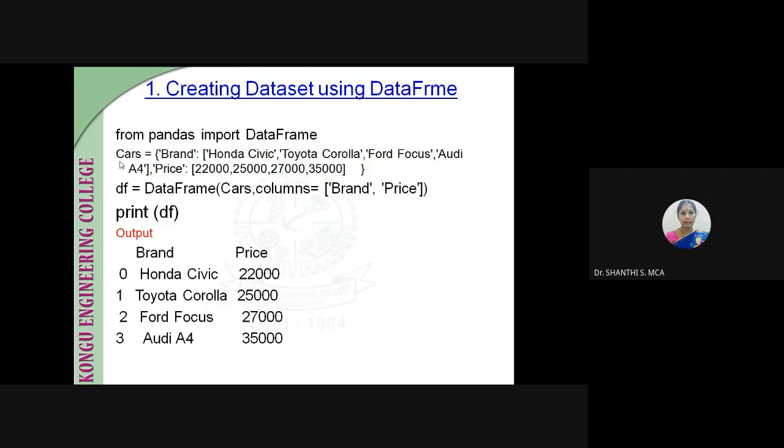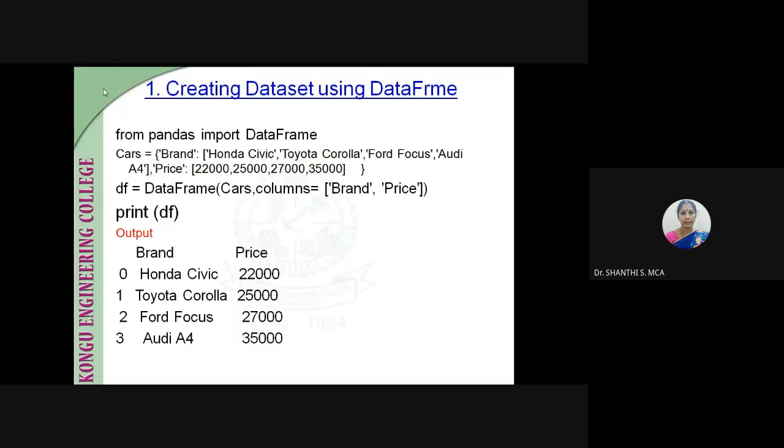So here car is a set, and as already told, anything within curly braces is called a set or dictionary. So here we are having a colon operator also. Inside these braces we are having a colon operator, so this is called a dictionary. If the keyword is brand, it has different values. It is like a dictionary: for a single word you will have a meaning, word and meaning.